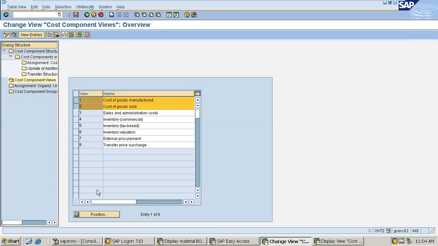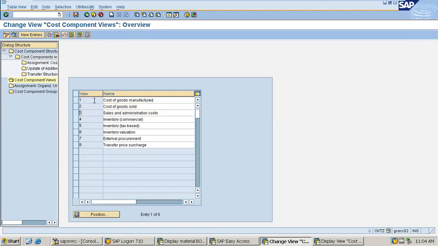If you are copying your cost component structure from a standard one, these views will automatically be carried over from the standard one to your own. So those are cost of goods manufactured, cost of goods sold, sales and administrative overhead, and so on. So I am going inside one by one.